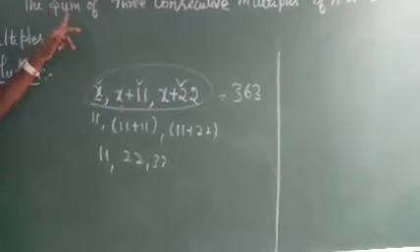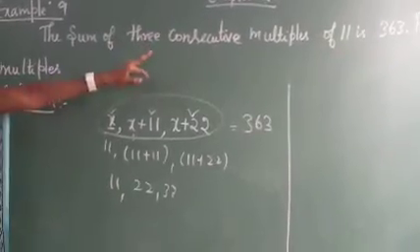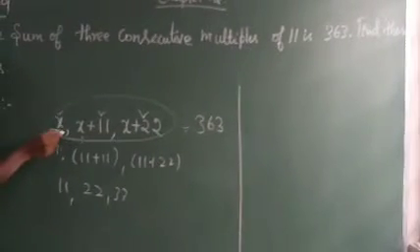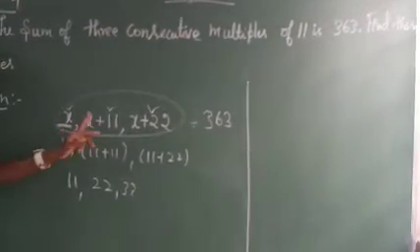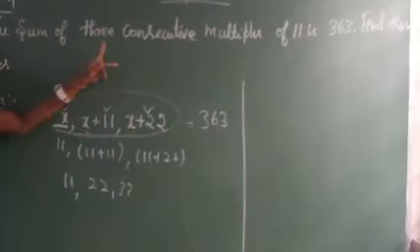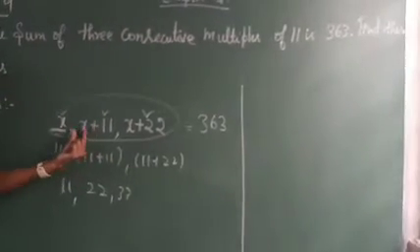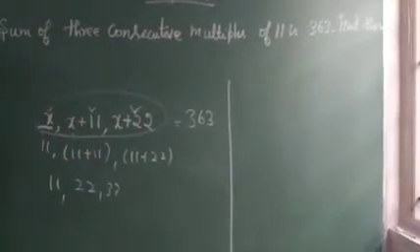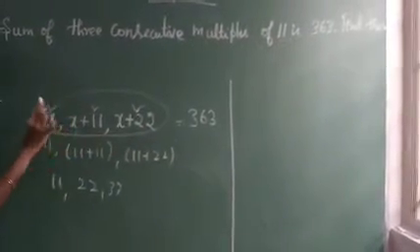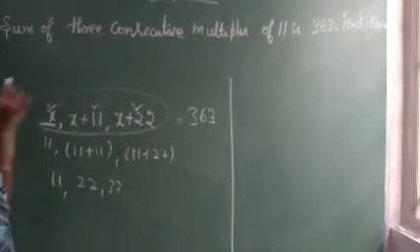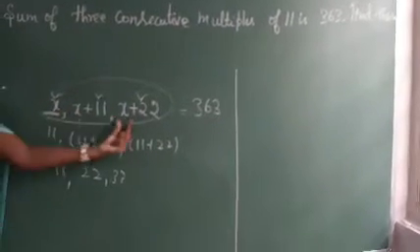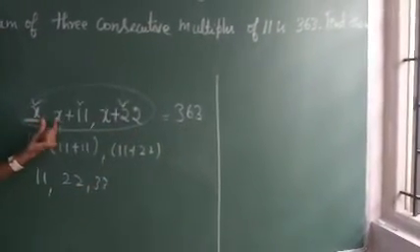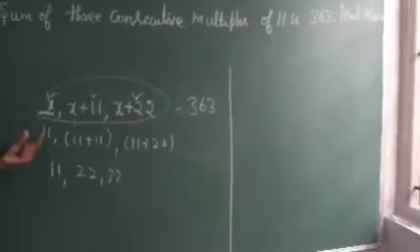So என்ன கொடுத்திருக்காங்கன்னா the sum of three consecutive multiples of 11 is 363. So எனக்கு தெரியாது என்னன்னு. So I am considering the first number as x. கண்டிப்பா செகண்ட் நம்பர் எப்படி இருக்குன்னா x plus 11. ஏனா multiples of 11 அப்படிங்கறது இப்படி தான் போகும். So x plus 11. The next value is x plus 22. Likewise it goes on. So three consecutive multiples you have to consider. So if I add these three consecutive numbers, I will get 363. So now I have to find the value for x. So shall we solve this?